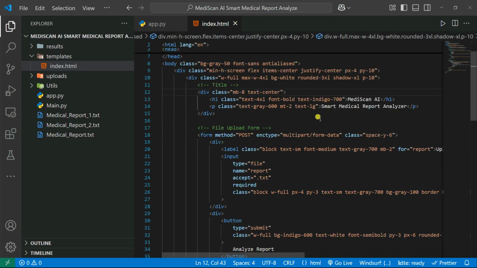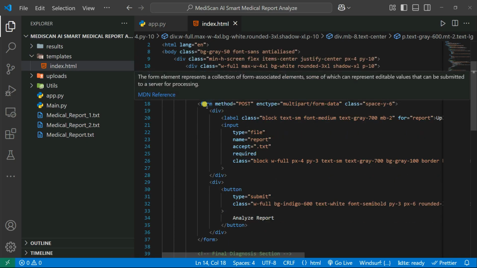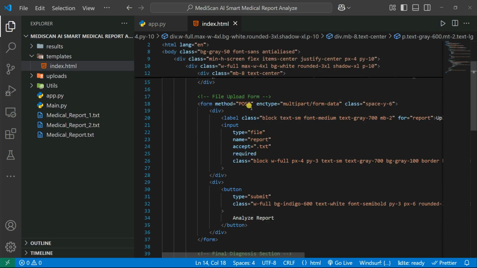You can also use plain HTML here as well, because in the case of machine learning, your model development is more important, not the front end. So MediScan AI just has one heading and also one subheading in the p tag, a smart medical report analyzer, as well as one form tag, and then we need to give it the method. And the method is obviously the POST method, because we are going to collect the data as well, because app.py is nothing but a server itself. Then you also give it an encryption type, that's multipart/form-data, and for the class we give here space